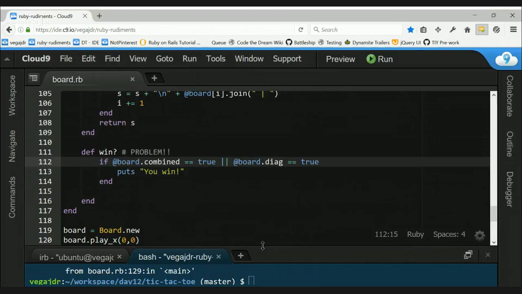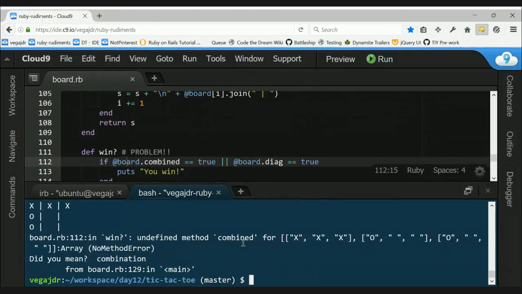And I'm sure there's an easier way to debug this. You probably would know what causes this. Because what it's saying is that the array right here doesn't have a combined method. Right? So if we do array,